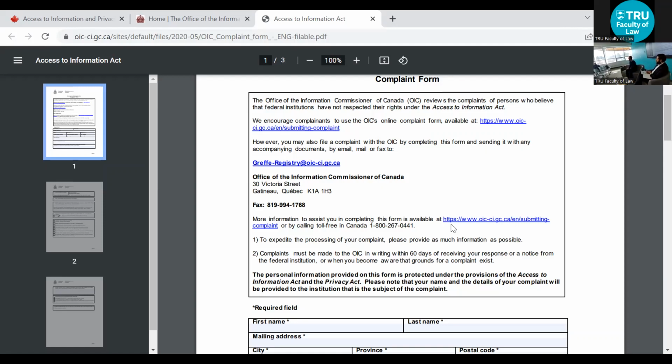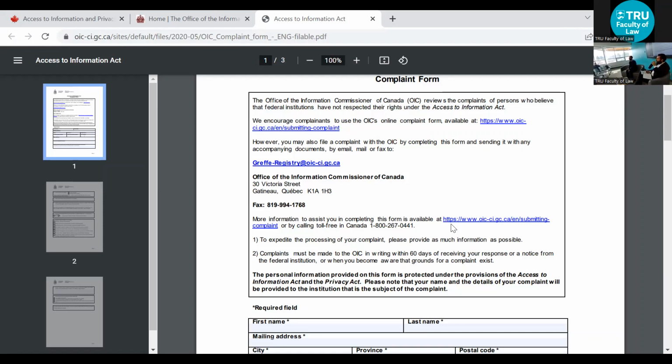But generally, the commissioner agrees with you. They just tell the institution, no, you've got to disclose. They have order making power, so they can actually order the disclosure of the record in a certain way. Sorry, Chris. Oh, no, I was just going to ask if you could ATIP the jurisprudence they had previously published. Right. And ATIPing ATIP is really fun, because sometimes when they really stymie your request,